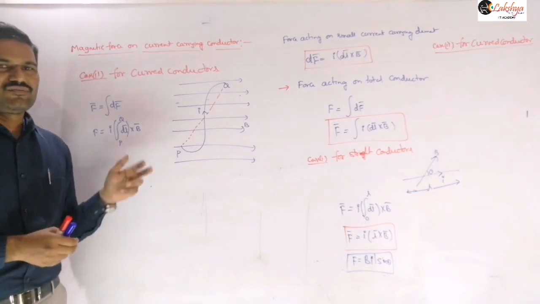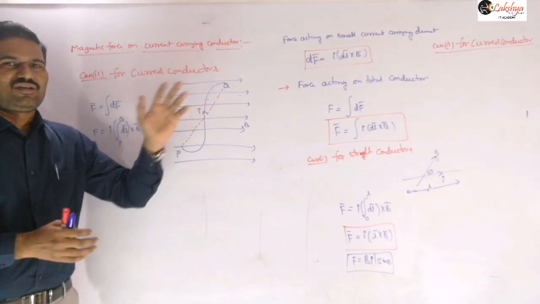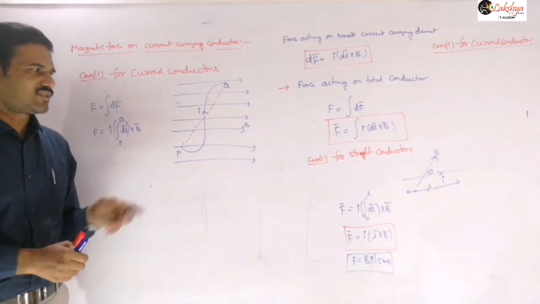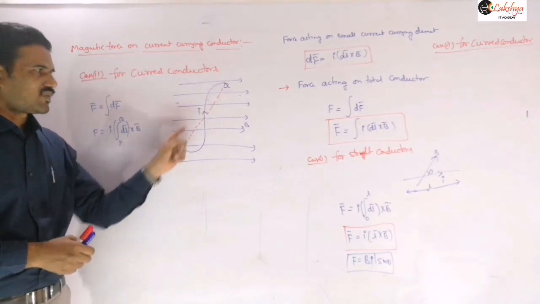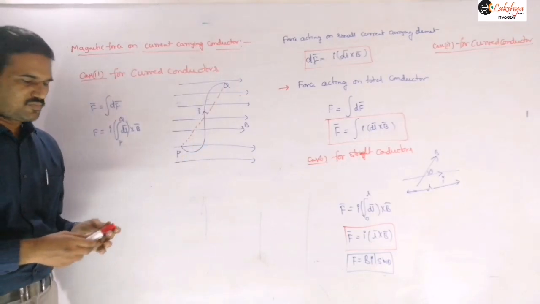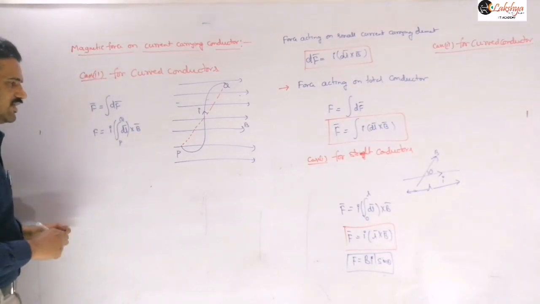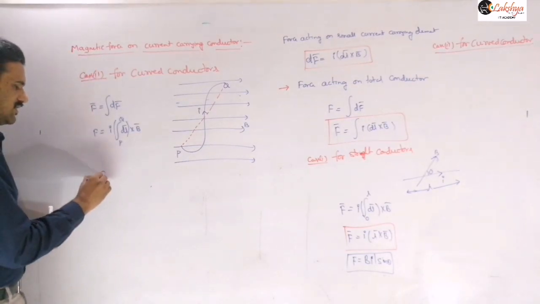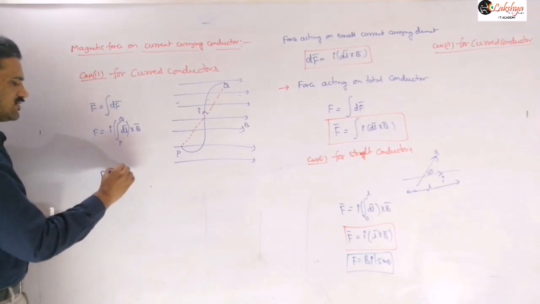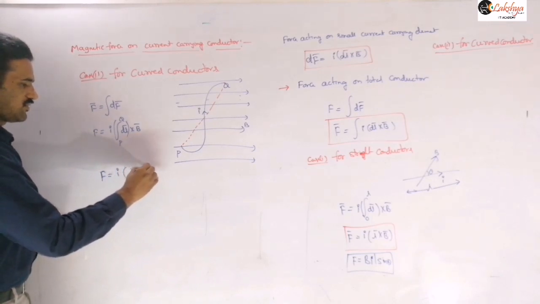By polygon law, we know that the resultant of all the vectors will be equal to the closing side of that polygon, taken in reverse order. So that is nothing but, now here we need to take this PQ. We are adding like this. In the opposite direction, we need to take PQ. And so that means what we can write here is, in case of curved conductors, we can write this expression as I into PQ bar cross B bar.